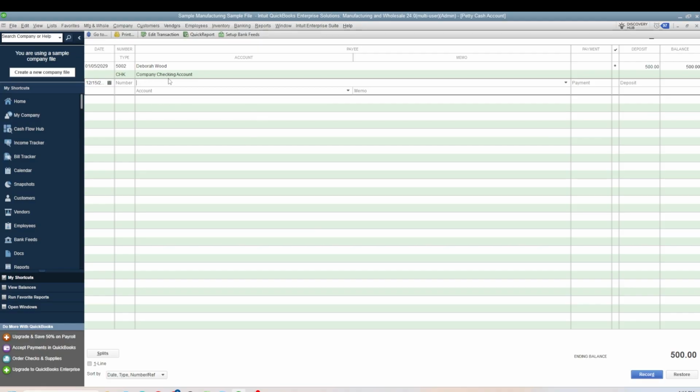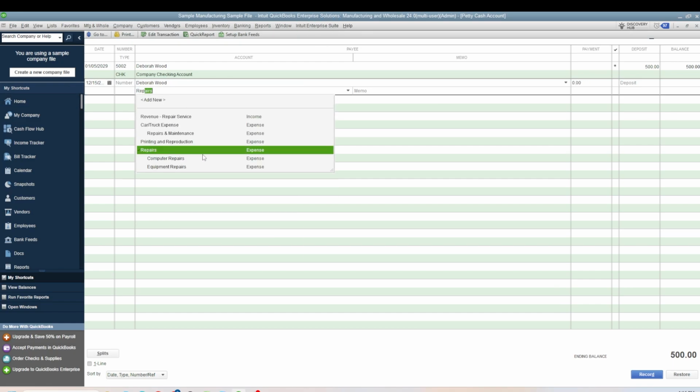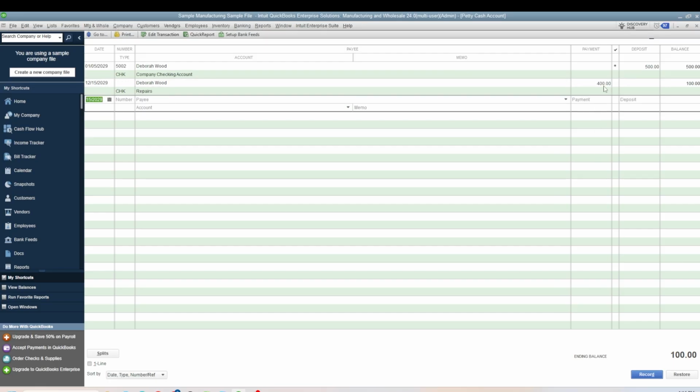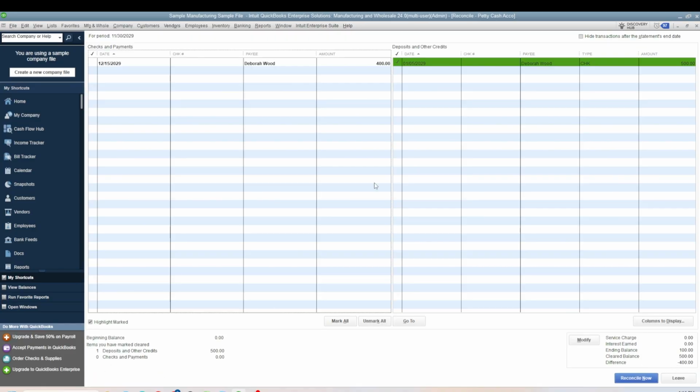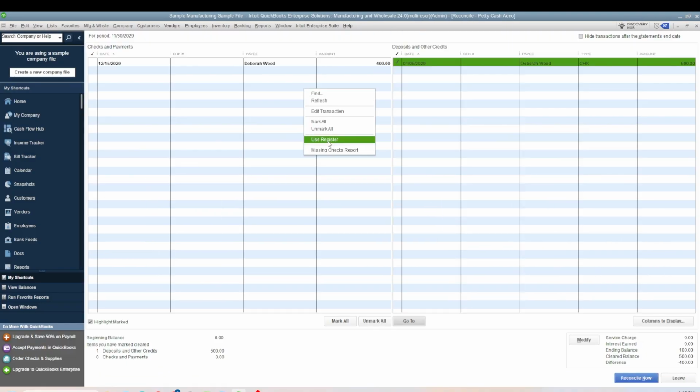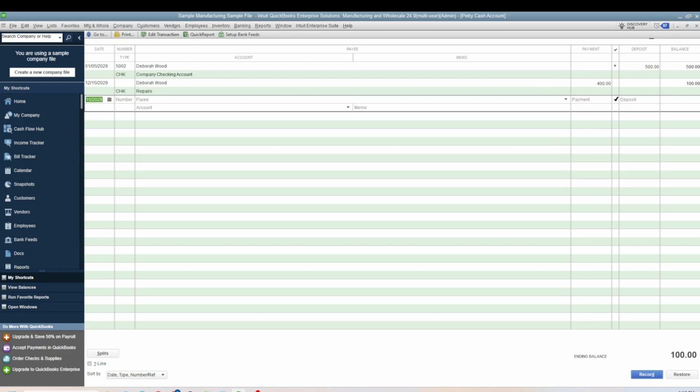So I'm going to say, actually, Deborah also bought repair parts for $400. So you can hit record, and it then brings it in and updates that ending balance down here that we can now see pops over here. So I could either check it here and see that the difference is 0, or I could have gone in that original transaction using the register and actually checked this here, which will reconcile it